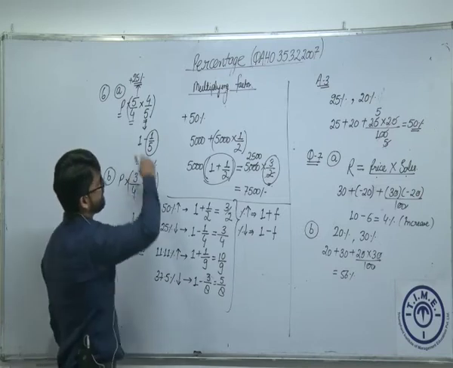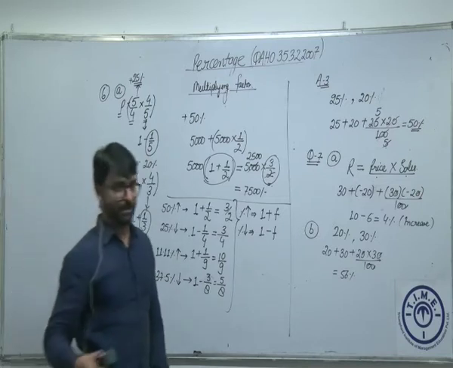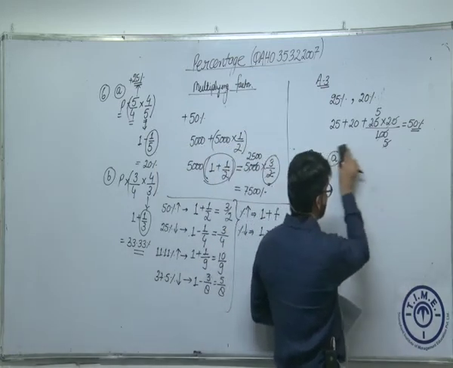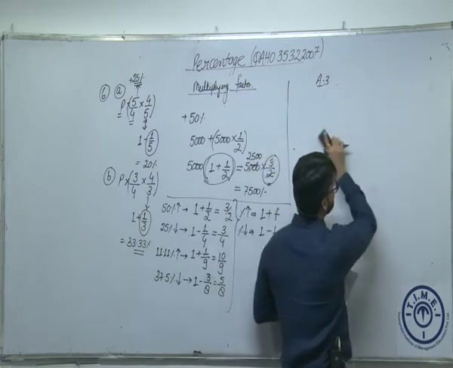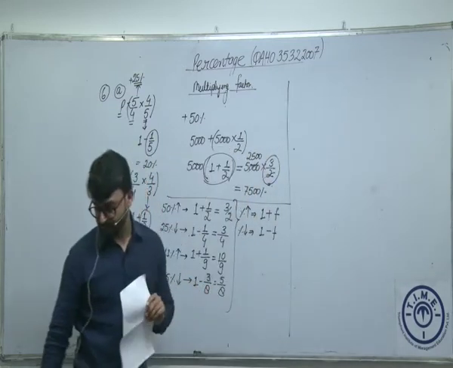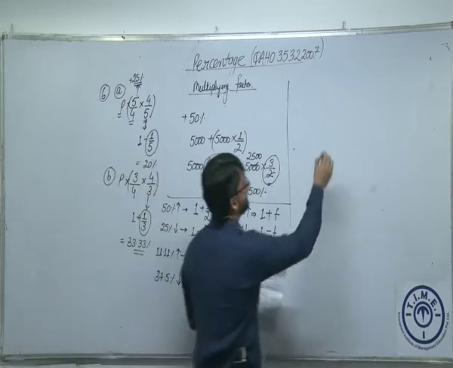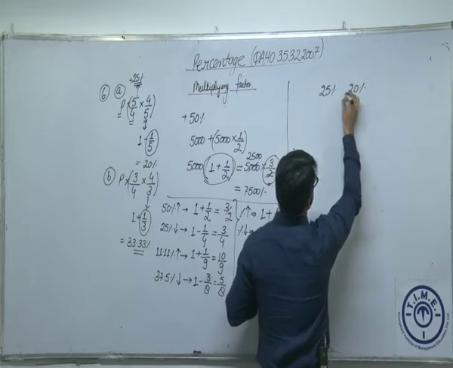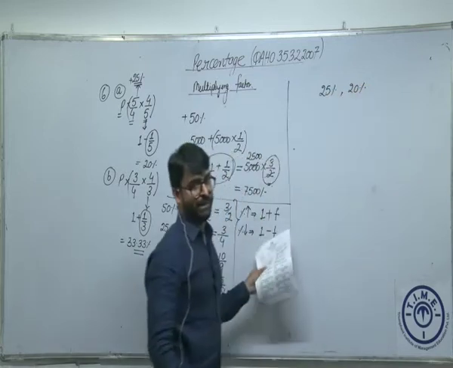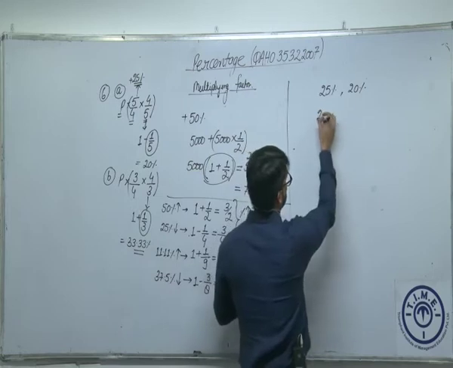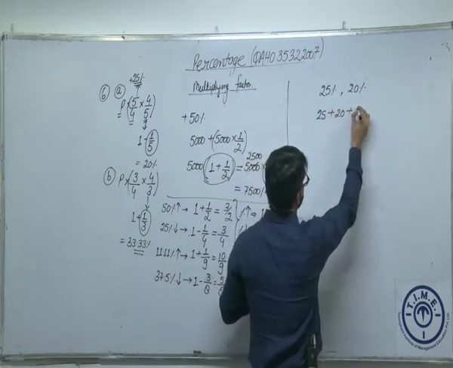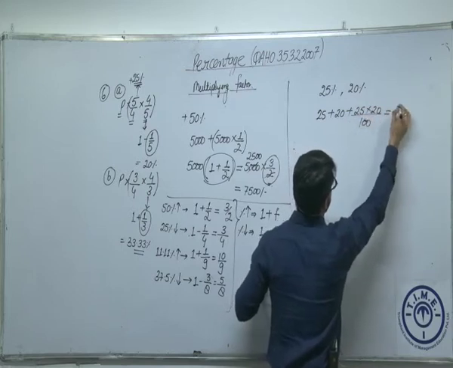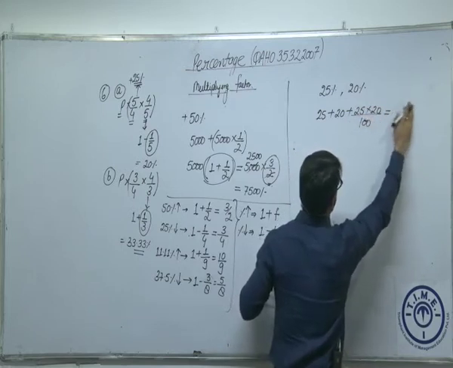Now, can this multiplication factor be applied in number of percentage changes or successive percentage changes or percentage changes in succession? For an example, we did question 25% increase, 20% increase. Am I right? So we did exactly, this was the result, 25% plus 20% plus 25% times 20% divided by 100, which was 50% increase.